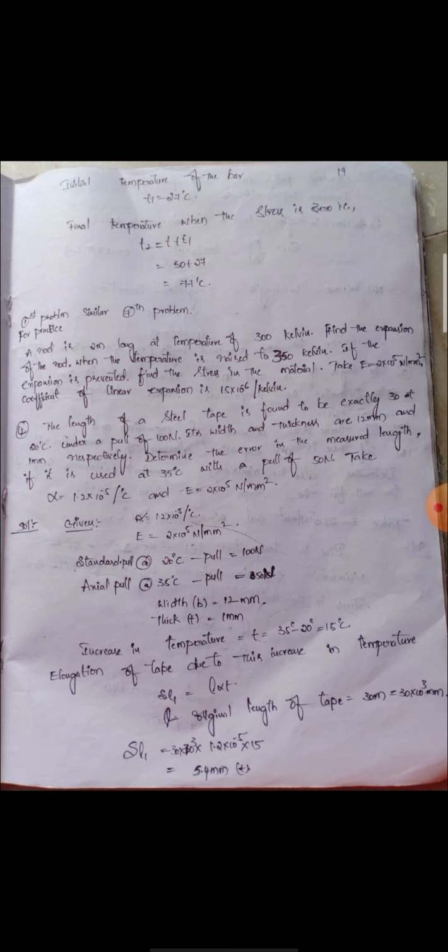Next, for the length of the rod at the raised temperature, the formula is L plus delta L. So the first condition is completed. Coming to the second condition, when expansion is completely prevented, for the temperature stress the formula is F equal to alpha T into E. So that is the alpha T into E value.